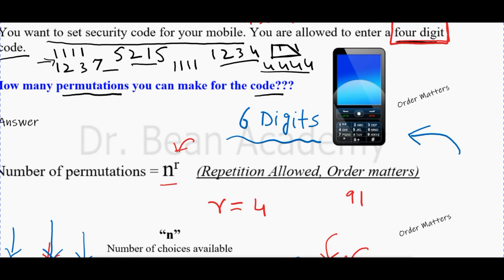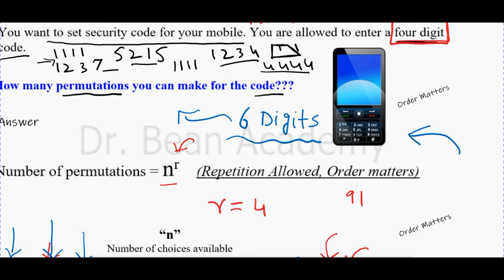Do you know that in some countries the ATM card has 6 digits to enter into the ATM machine if you want to get your money out, but in Pakistan we have only a 4-digit code for the ATM machines if you want to withdraw money. If you don't know what an ATM card is, just ask your father or mother and they will let you know. An ATM card is a card which you insert into the machine, and then the machine will ask you to enter a code, which is of course a secret code, and then you can withdraw money from your bank account. So in Pakistan we have only a 4-digit code, but in some other countries it is 6 digits.